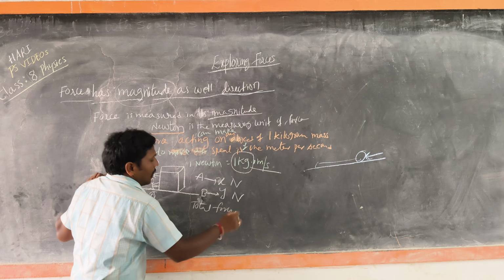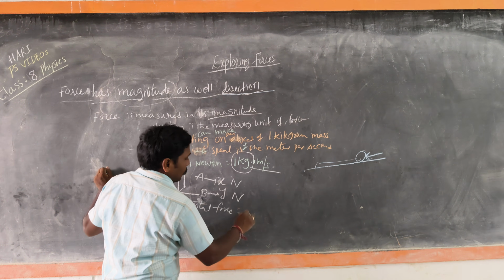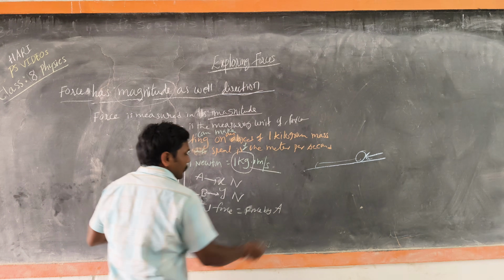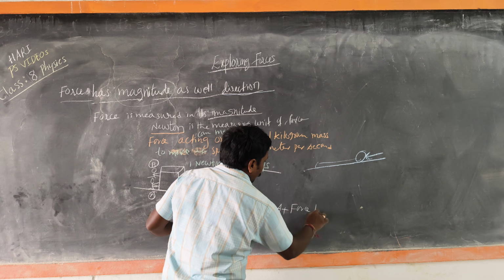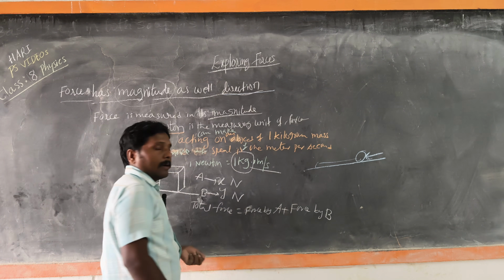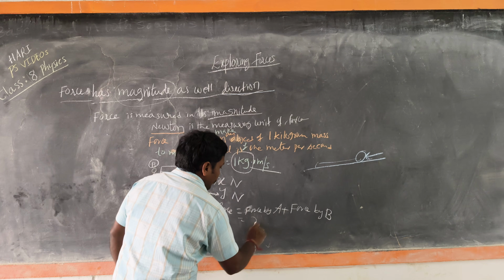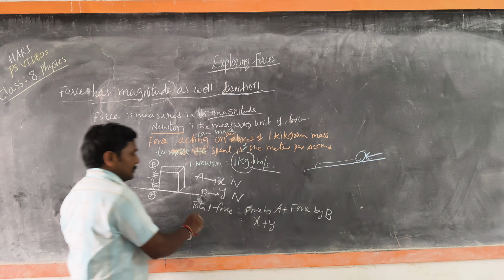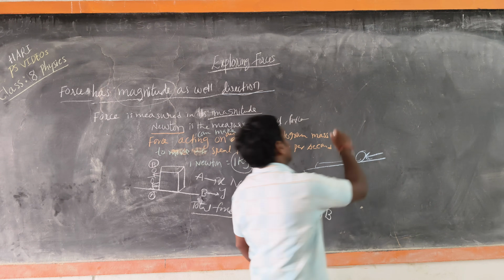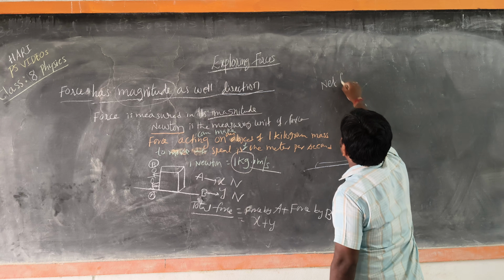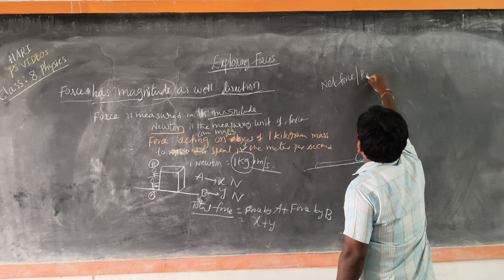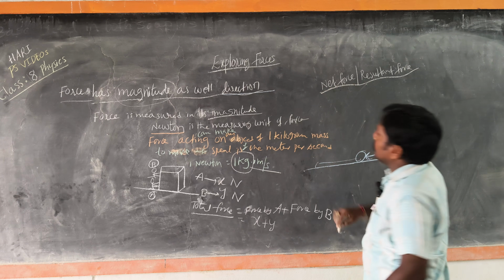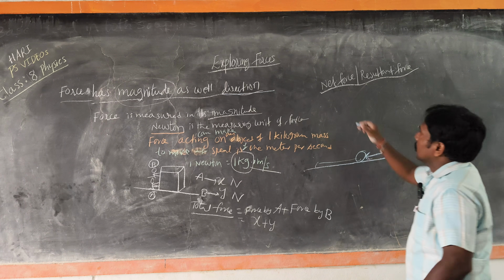So total force applied by A and B is equal to force by A plus force by B, so we can write X plus Y. This is called net force, or resultant force. Net force or resultant force means the